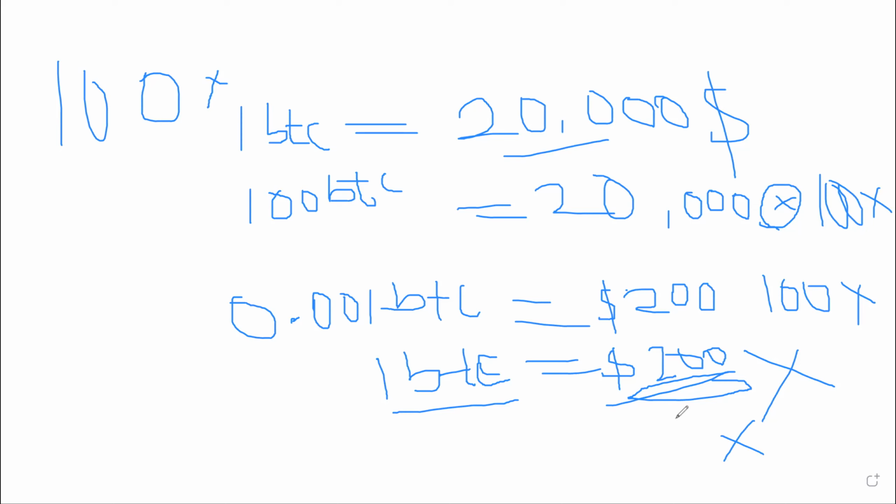That's the problem of leverage. But if it's going your way, you're opening 1 Bitcoin with $200. Now, if the original price of Bitcoin goes from $20,000 to $20,100, you're already on a profit of $100. If it moves to $20,200, you're on a profit of $200. If it moves to $21,000, you're on a profit of $1,000. Your margin will now become $1,200 because your initial margin is $200, and Bitcoin has moved a price difference of $1,000. Your new margin is now $1,200. That means you are on a profit of $1,000.